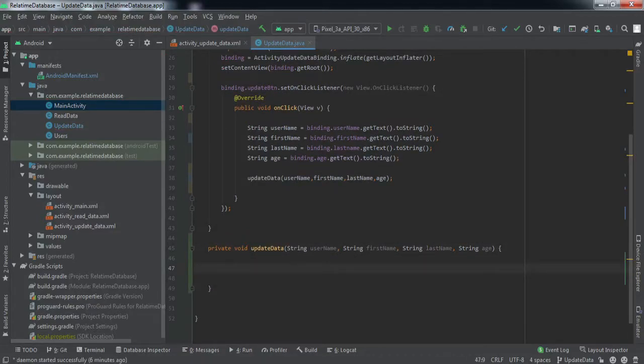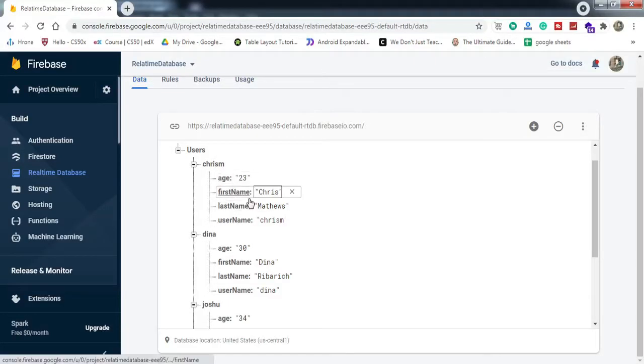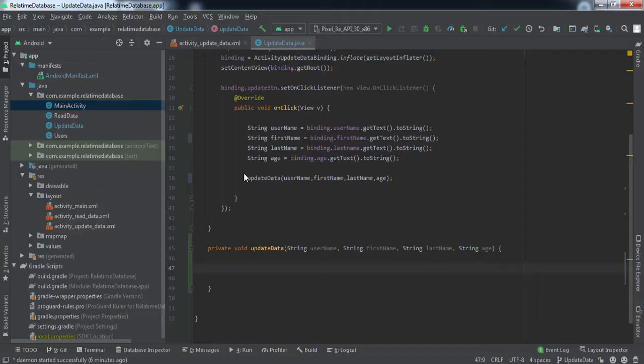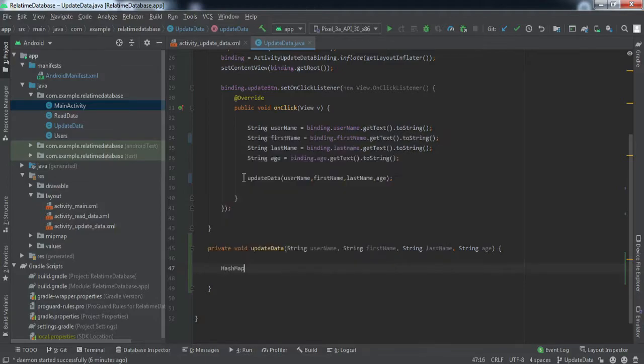Now to update the data, we need to create a hash map, right? Whatever data you want to update, you need to enter the keys and values into the hash map. For example, I want to update all the 4 fields. So the keys for the hash map will be age, first name, last name, and username, and the value is whatever value you want to give or update, right? So let me just create a hash map object.